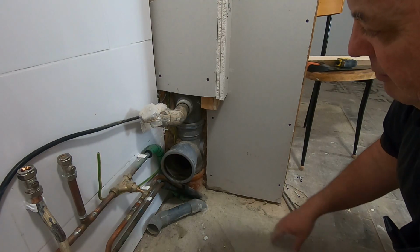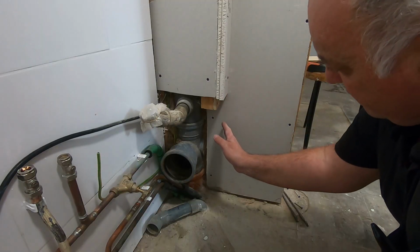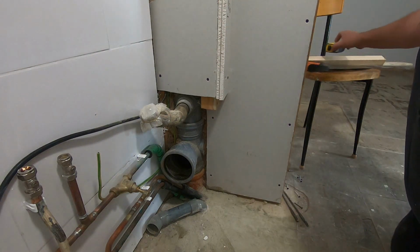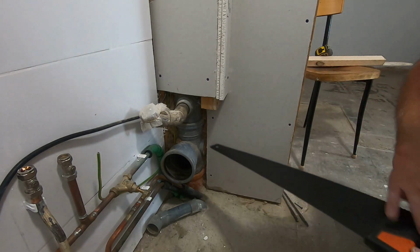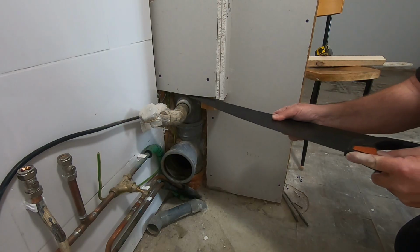So now that I've got all that pipework finished, I need to follow this bit down to the bottom, because this is going to be tiled as well. So I didn't think about that at the time, so I'm just going to cut a little bit out of here, which will give me, if I can,